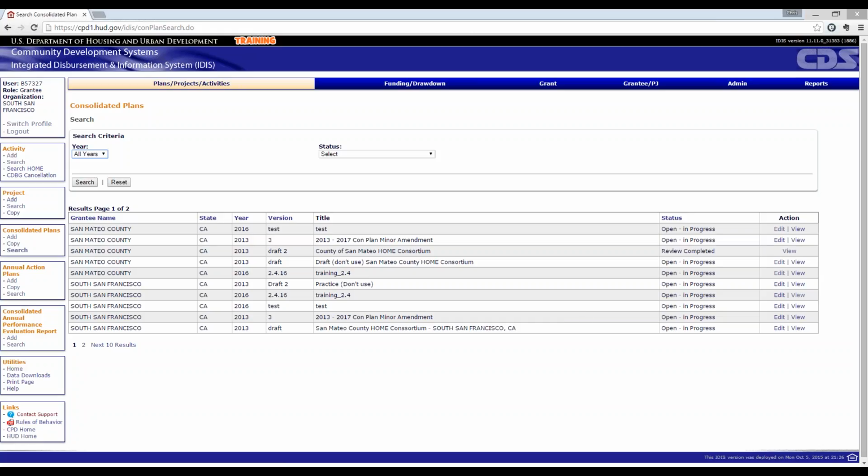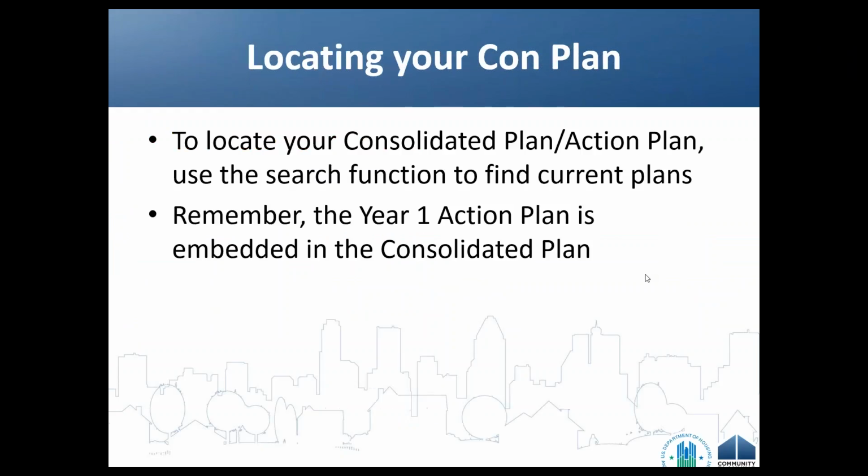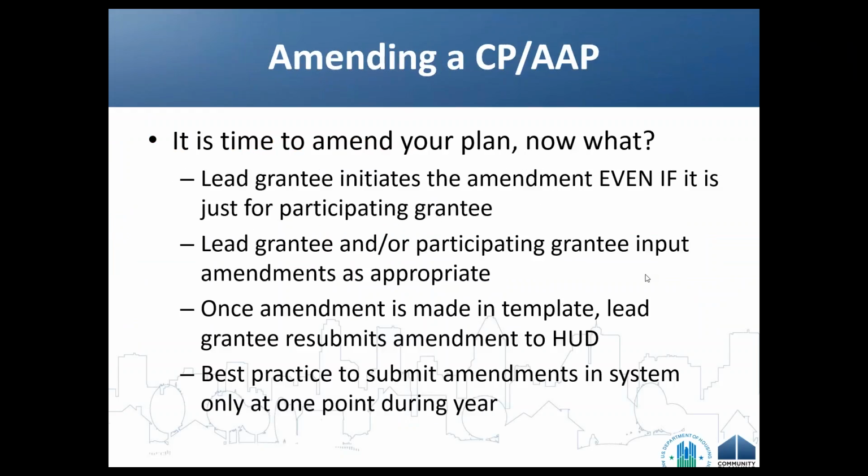So with that, we're going to jump back to the PowerPoint here, and we've gone through a couple of these slides, but I want to switch to talking about amending your consolidated plan or your action plan. So you've made it through, you've completed your plan, you've submitted it to HUD. HUD probably sent it on for a Pulitzer Prize. It was that well written, it was perfect. But things change, right? And you may need to amend your consolidated plan or your annual action plan.